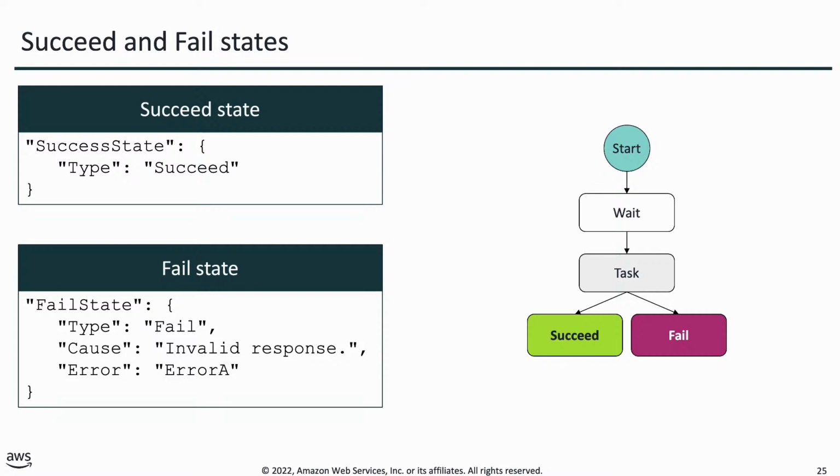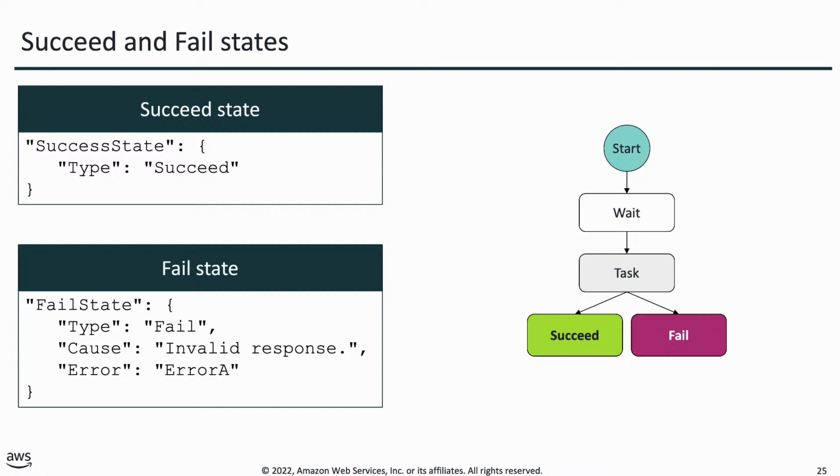And a succeed state will be able to stop a running state successfully, and this would be useful for, let's say, a choice state that does nothing except run a task. And because a succeed state is a terminal state, they're not going to have a next field and they don't need an end field. A fail state is going to stop the running state machine and mark it as a failure,